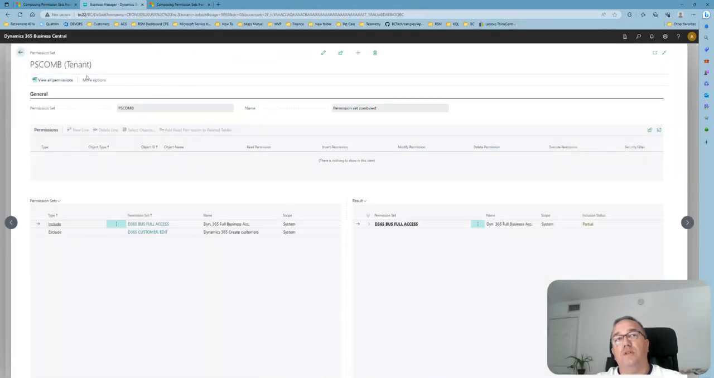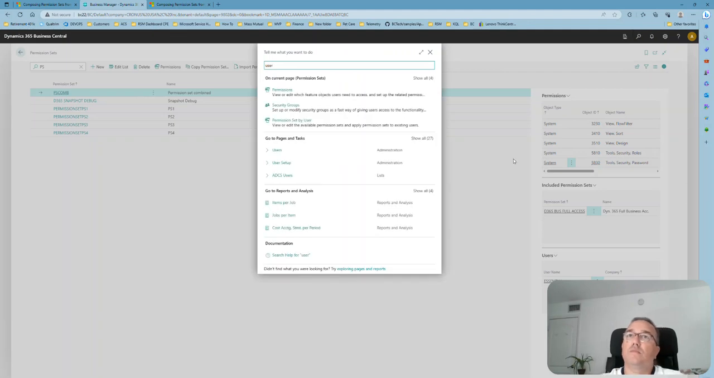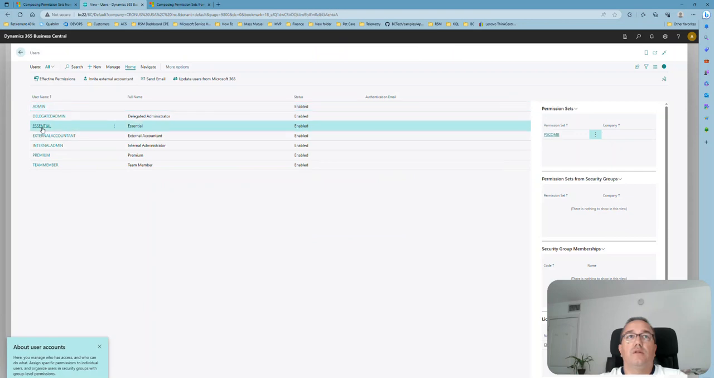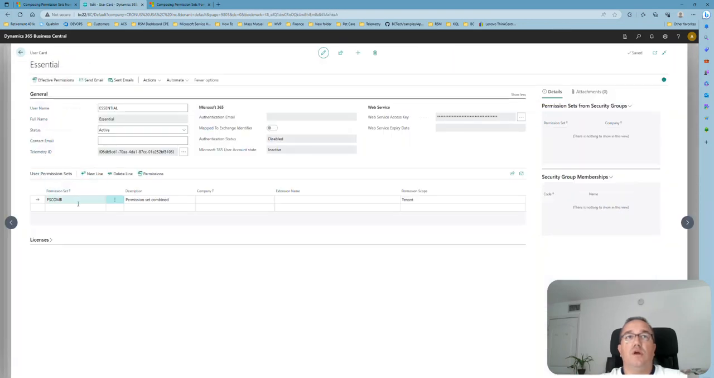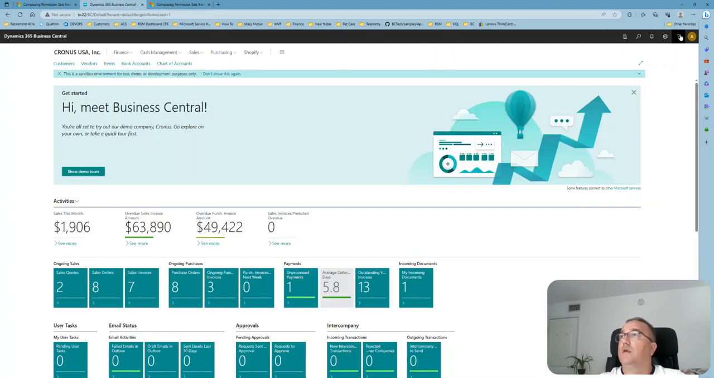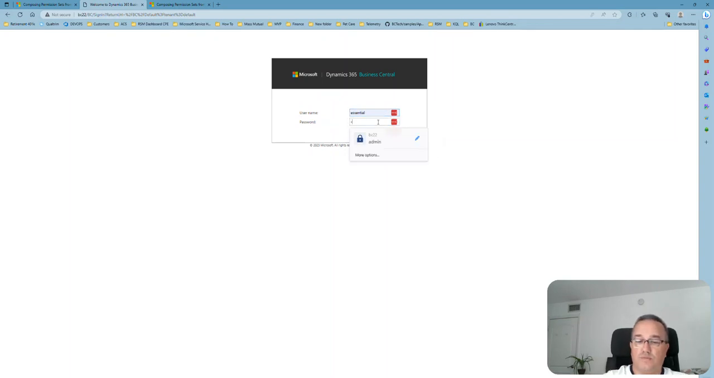Yeah, so let's do a test here. I already assigned pscomb to 1 user. If we look at users and have a look at the essential user, I can see I assigned pscomb, the new permission set. And if we were to log out admin and log in with essential,